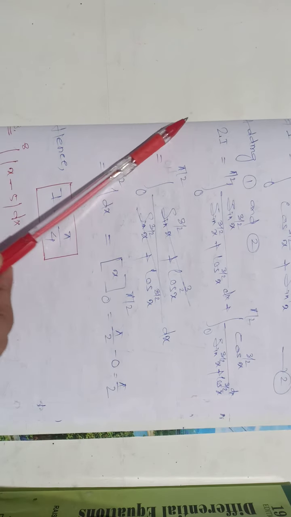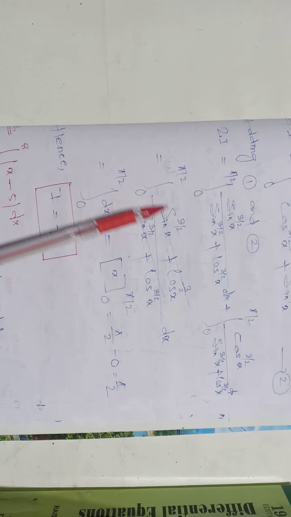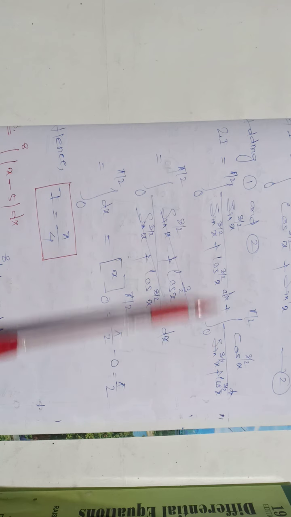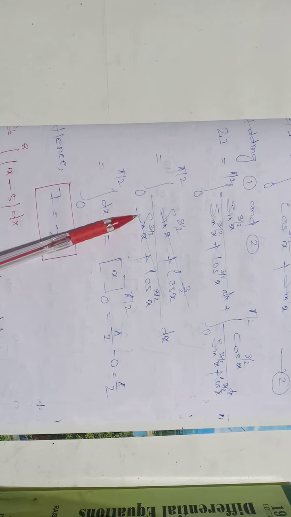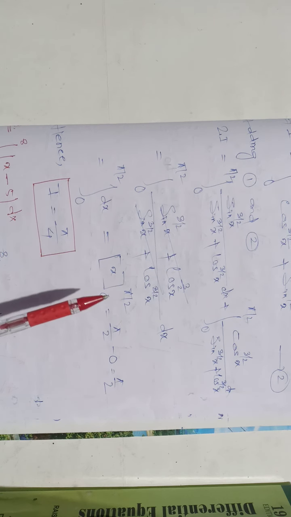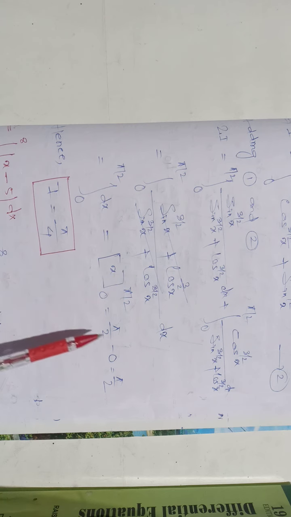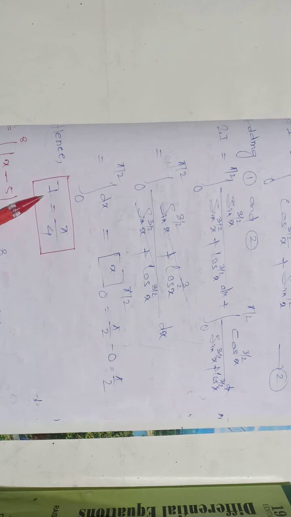So twice I equal to I plus I. Here the first I is the given question, and this I is the one we just obtained. Now you can see that the denominator is the same, so you can take the LCM. So the numerator also becomes the same, and that cancels. So integration over 0 to pi by 2 dx, integration of dx is x. So x from 0 to pi by 2 minus 0, the answer is pi by 2. So twice I equal to pi by 2, so I equal to pi by 4. Students, I hope all of you understood.